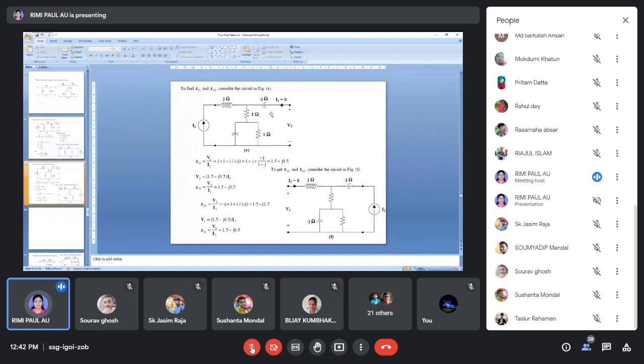So you can convert this circuit in this way and you can find out the equivalent Z11, equivalent impedance. Then you can find out V1 by this equivalent impedance, that is equal to I1. Right? Now the voltage drop across this path is equal to V2. So you can find out V2 also. So this is your task and you will solve this and show me in the next week offline class.